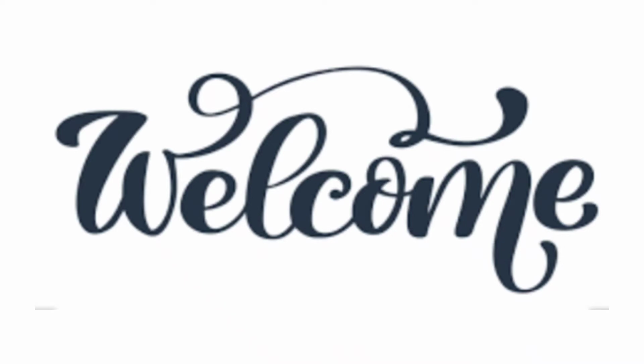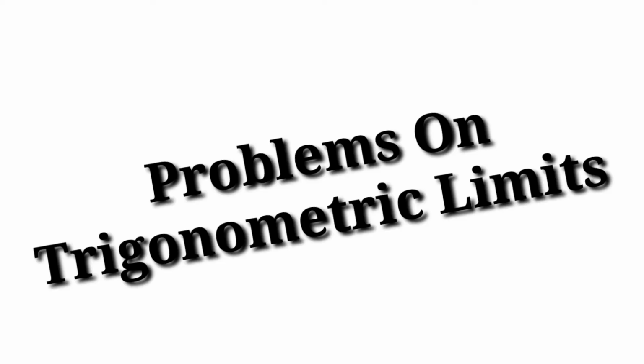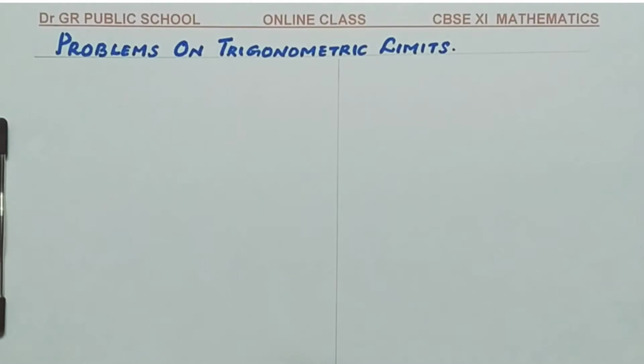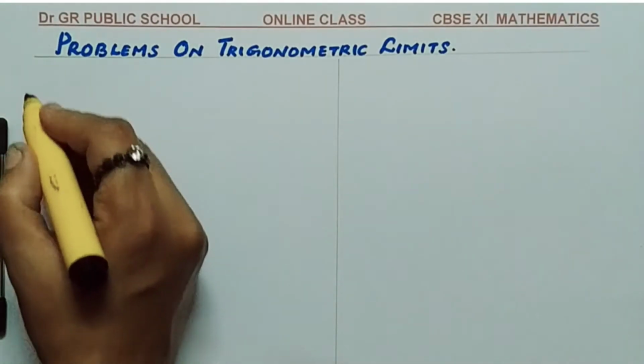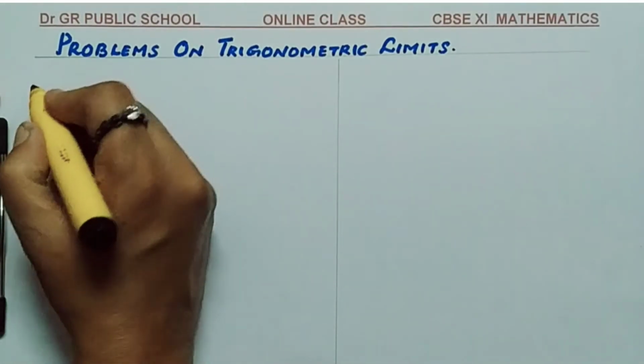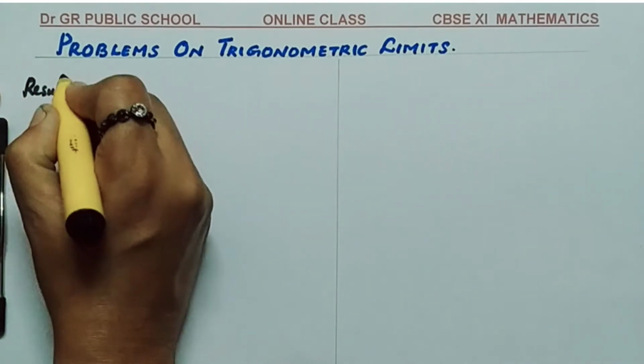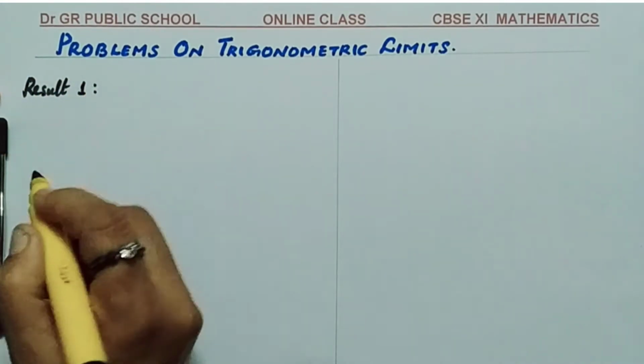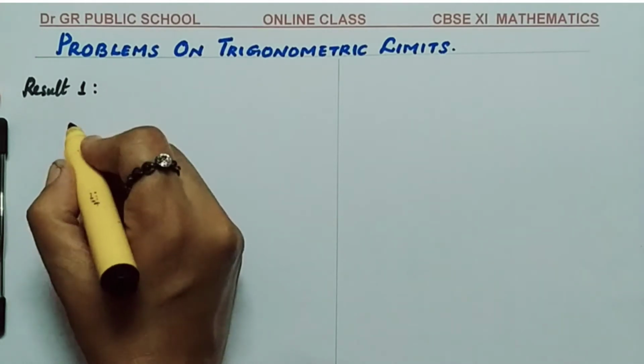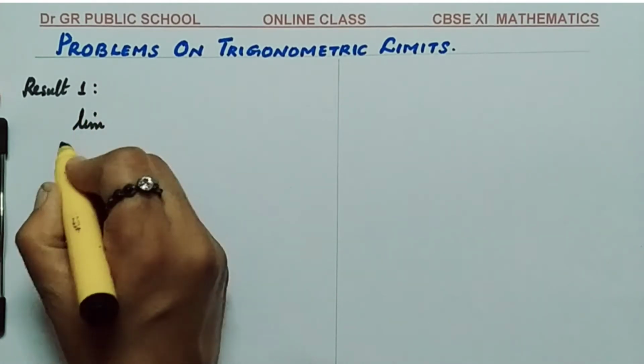Continuing with the section limits and derivatives. Today we are going to study some problems based on trigonometric limits. For trigonometric limits we need to study three important results. Result one is very important. The result one is limit x tends to 0,